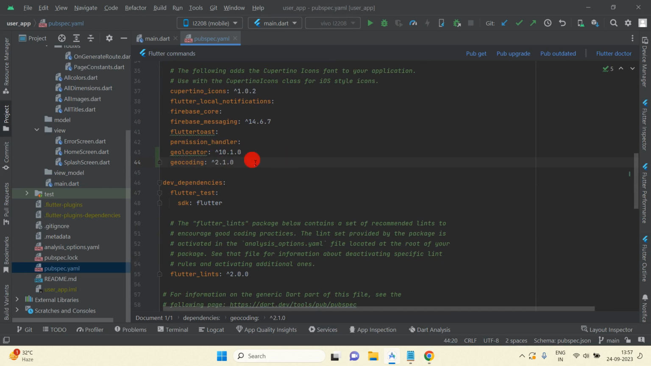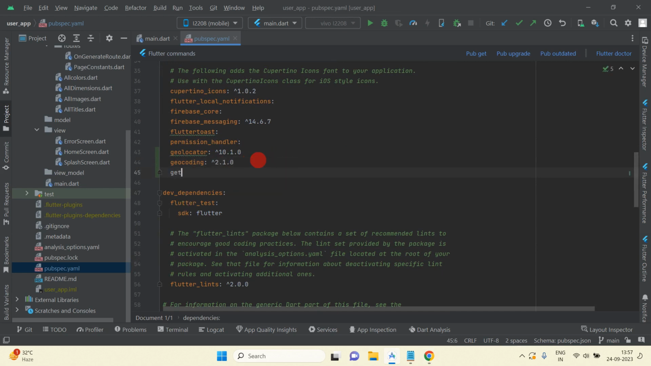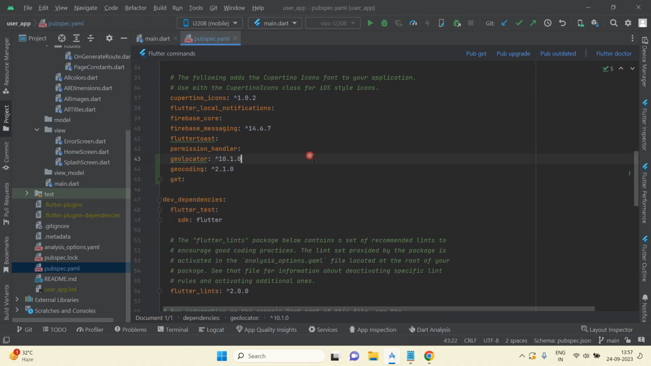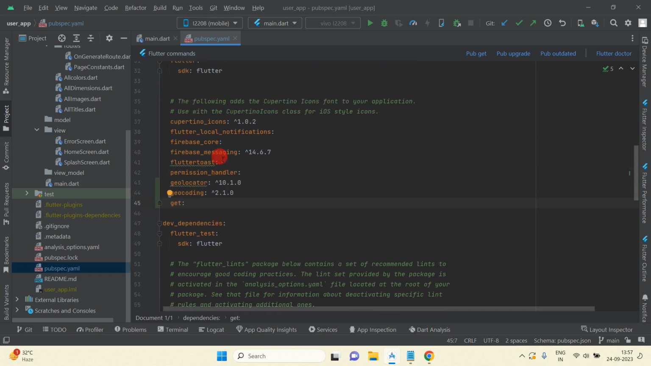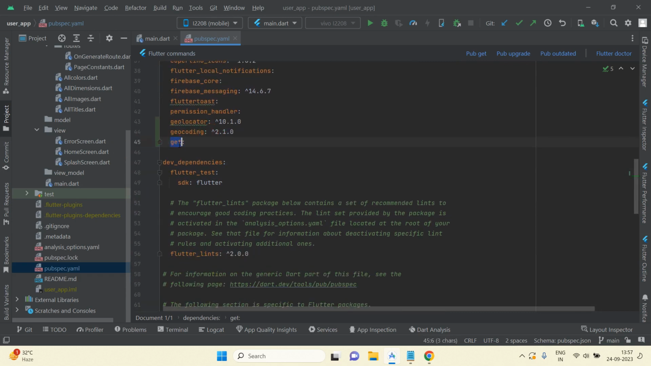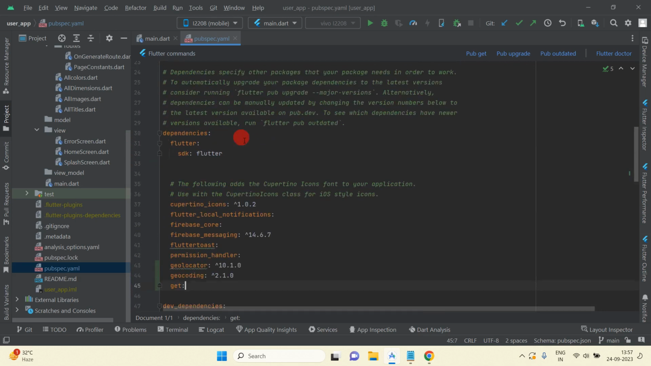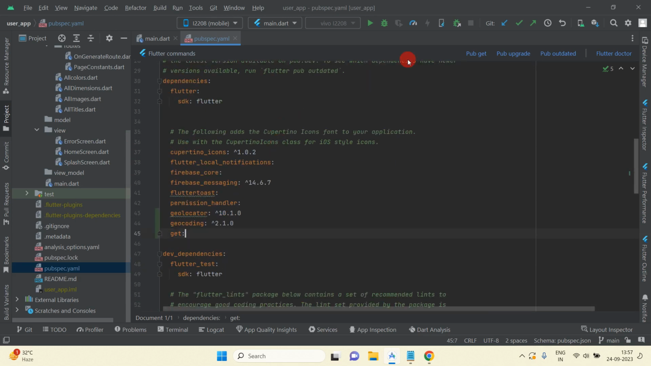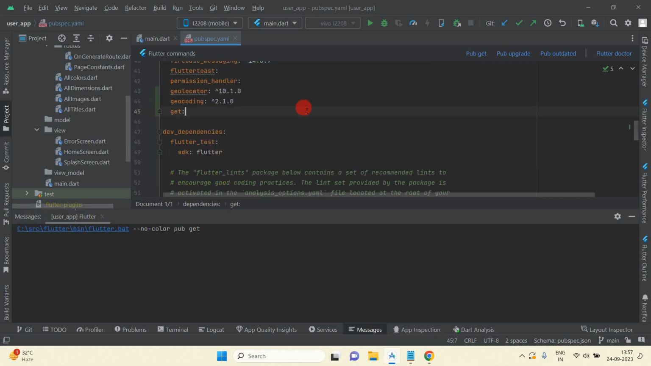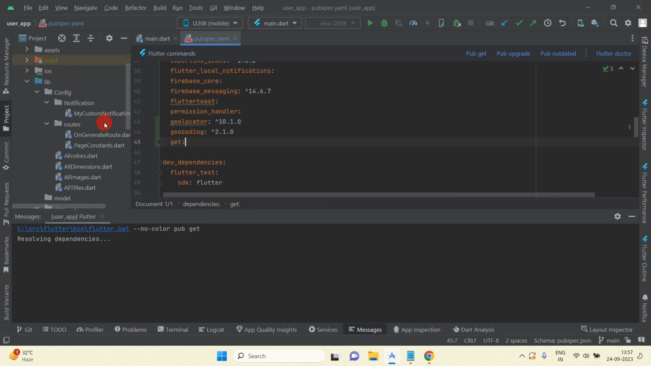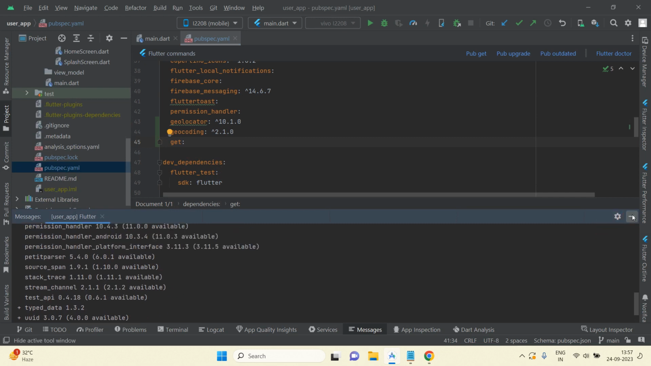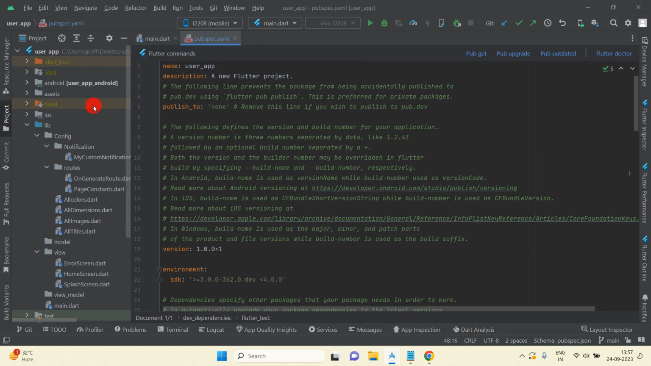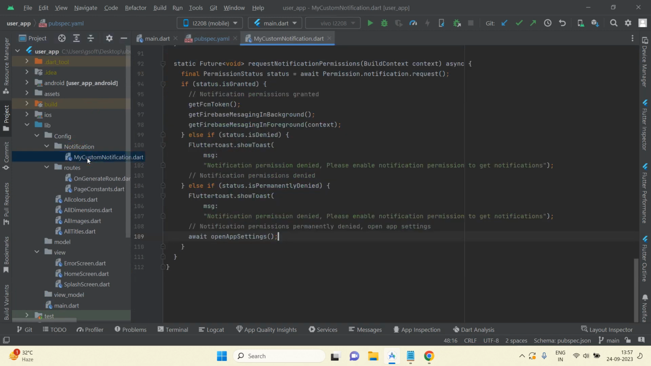and one more dependency I am going to add, get. This dependency is used for state management, so we will use this dependency now and just propagate here. You can see all dependencies imported successfully, and now I am going to open my custom notification.dart file,